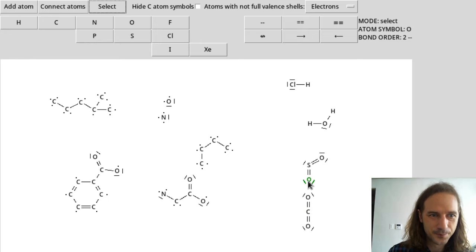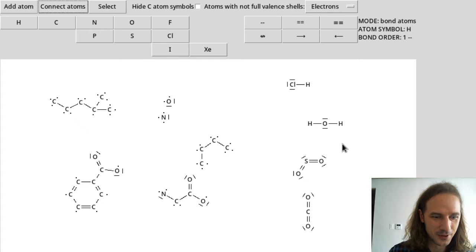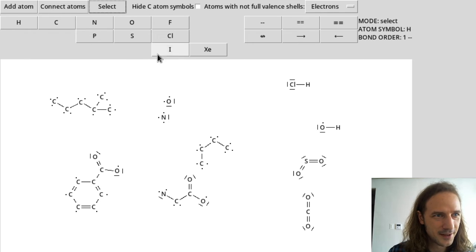Similarly, if I wanted to draw sulfur dioxide in a straight line, which is kind of weird, and I optimize this structure, it will bend it, and the same will happen to water. If I draw it in a straight line, of course, it will figure out that it's not good. And you can see that when it was in a straight line, if I delete one hydrogen, there is the